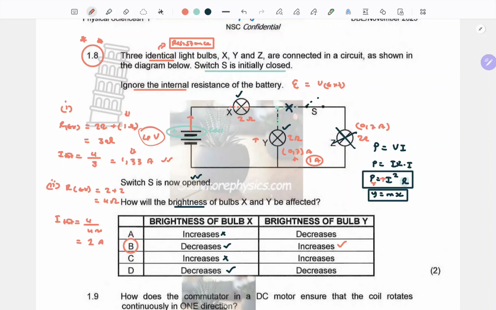So for safety purposes, these are good questions to skip and come back to later. Even if you guess, it's not a problem. But remember, the 2 marks that you would get from this question can be the difference between getting that distinction and not getting it. And you know the implications, right? It can be the difference between a pass mark and a fail. So you know the implications thereof. As I'm saying, take the safety measure, but remember, this may impact your final mark if you don't do it right. So make a habit of making sure you work efficiently, but essentially thoroughly.